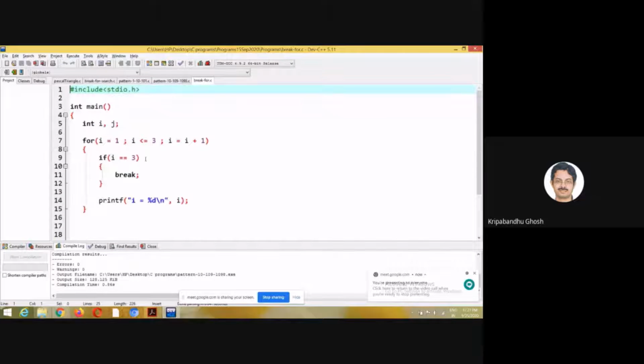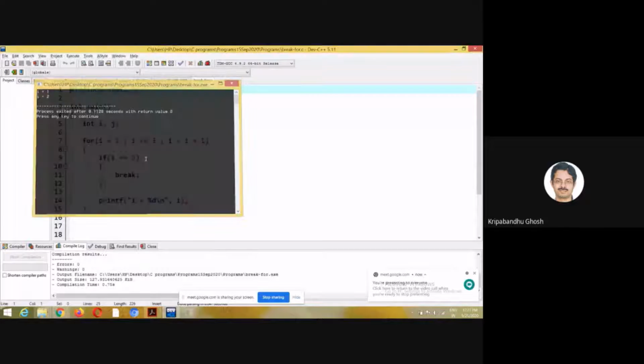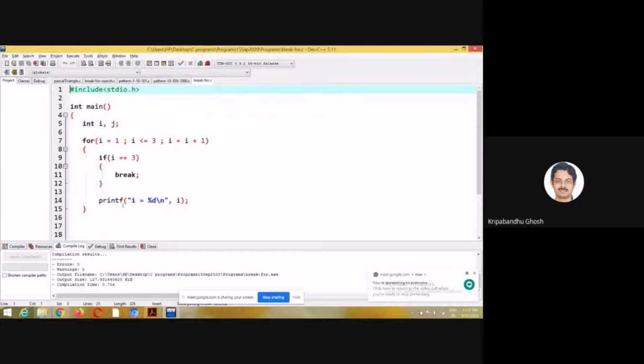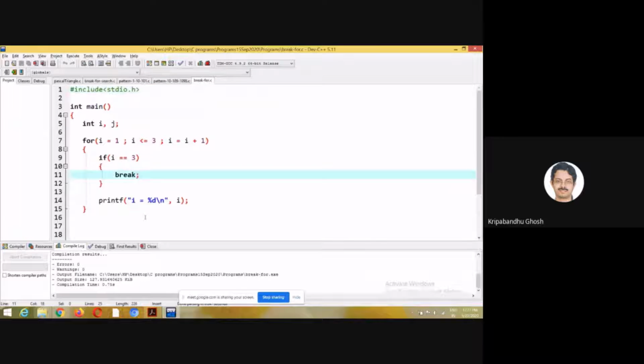So if I can run this code, for I equal to 1, it is printing. I equal to 2, it is printing. But whenever I equal 3, it does a break, which means that the control jumps from this particular point out of the current loop. It will not go out of all the loops.